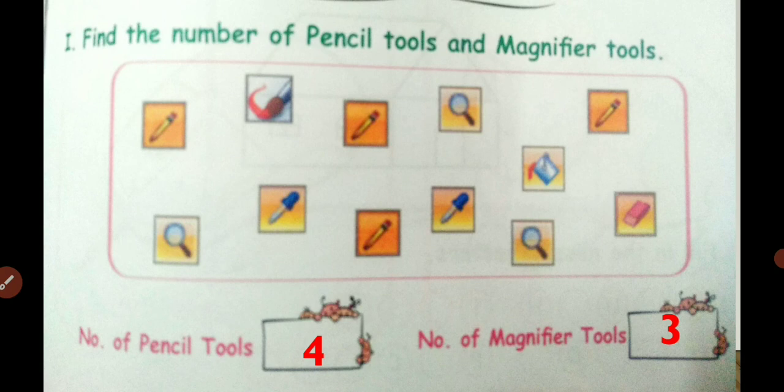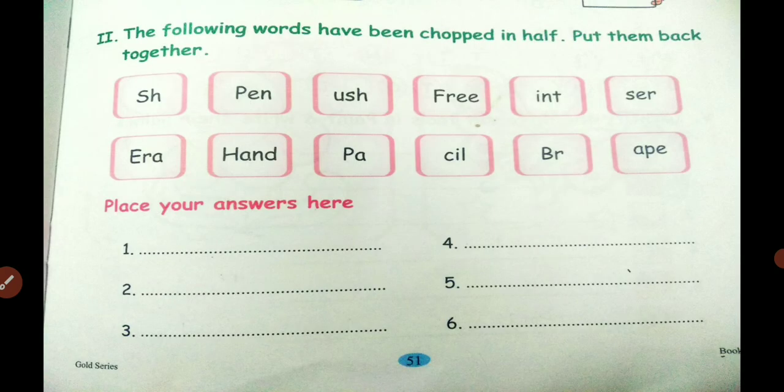And shall we go to the next one? The following words have been chopped in half. Put them back together. Okay, we're going to match the words. The first one, SH.